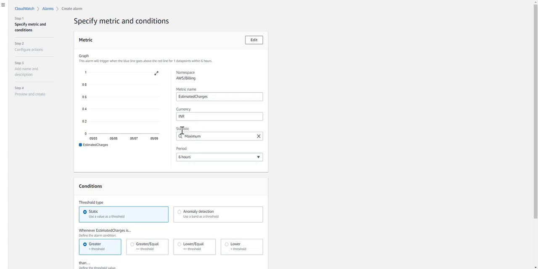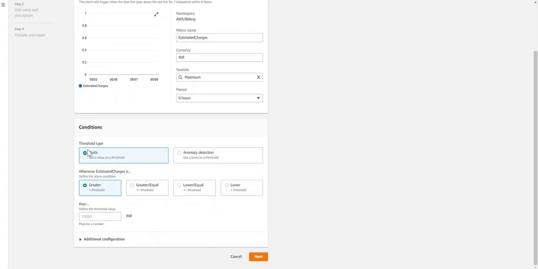And we are doing the statistics maximum default, and we are taking a default period of 6 hours. You can select other timing also if you want, like 15 minutes, 1 hour. But right now we are selecting 6 hours as a default. And the static threshold, we want static threshold, not anomaly detection. If we are crossing 50 rupee INR, then it will be a static value. And if you want anomaly detection, then you can select this option. But right now we want static, and here we want greater than or equal to,